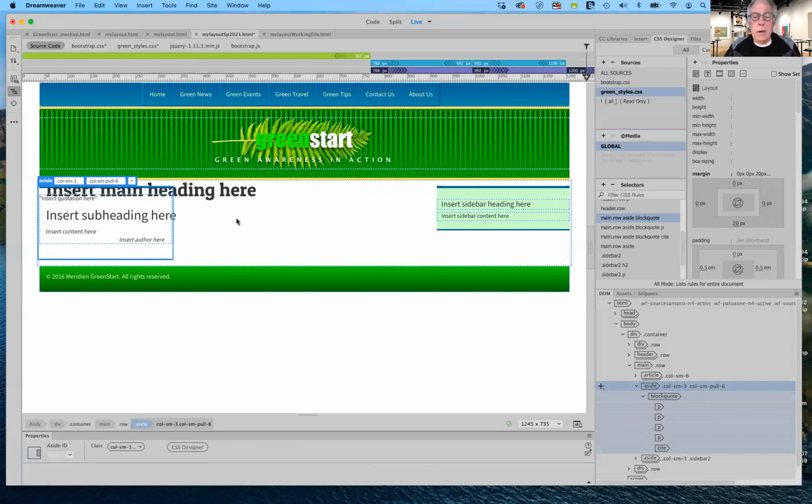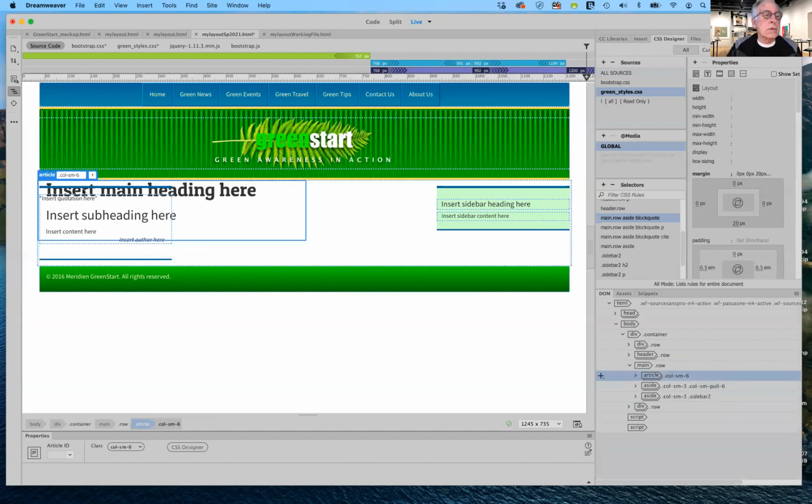There we go. Okay. So I have to be consistent for right now, and then I will change them to medium, and then we will change another set of them for the small units. So let me make sure that I have, let's go ahead and twirl that closed. I'm going to make sure that I have the article selected now, and I'm going to add this. So now I want dot column, hyphen small,